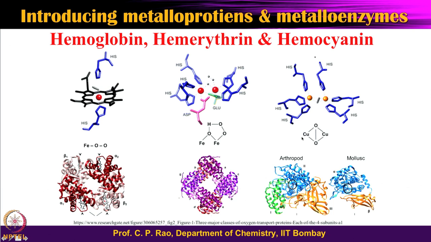So all of these can be very nicely studied by vibrational spectroscopy, and the oxidation states and the spin states of the ion can be studied by EPR, Mössbauer and magnetic measurements. So one should be able to answer these things when we have some questions coming in this particular direction. So that takes us to the end of the oxygen